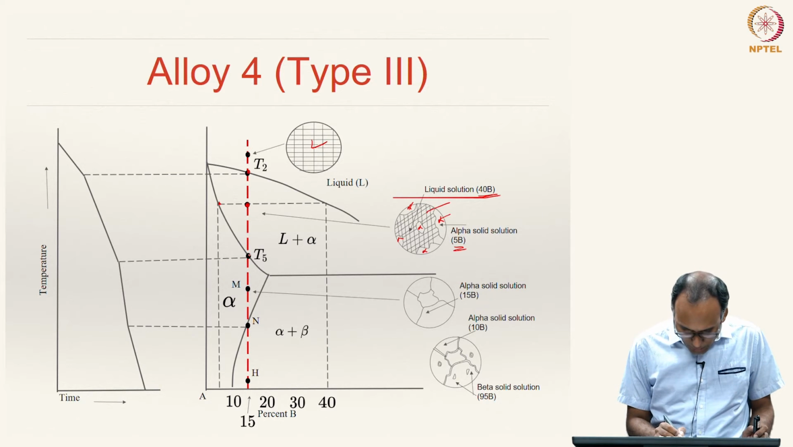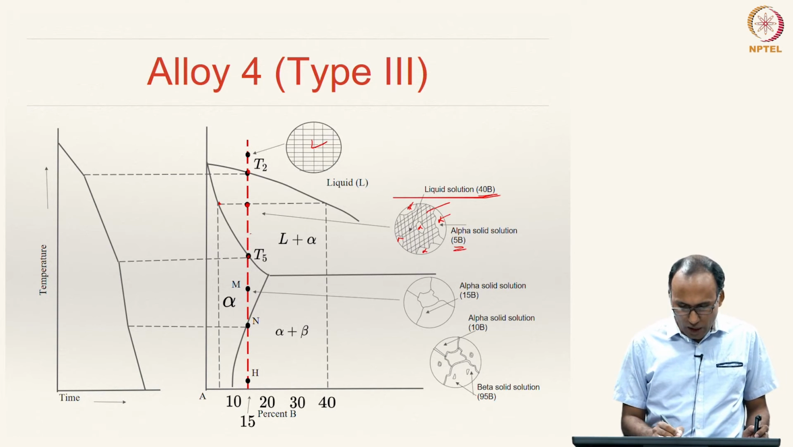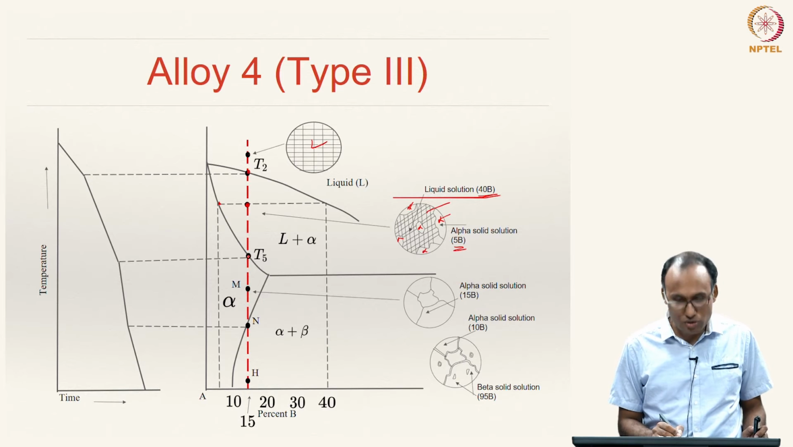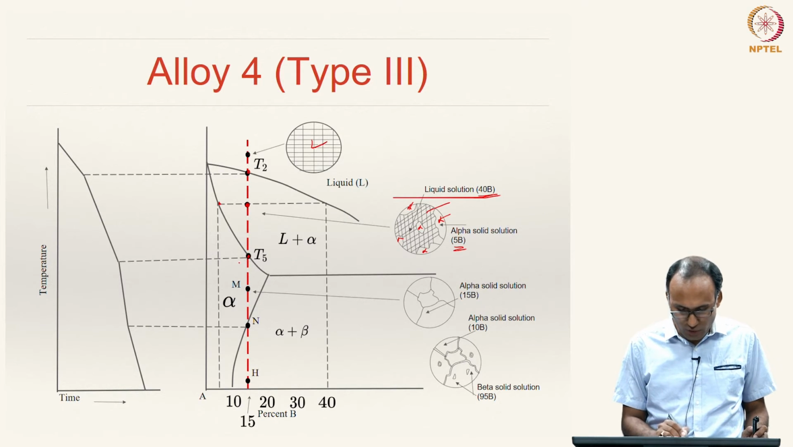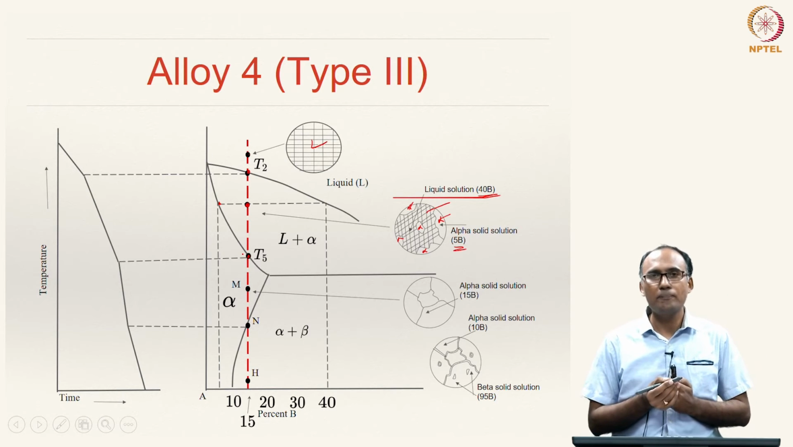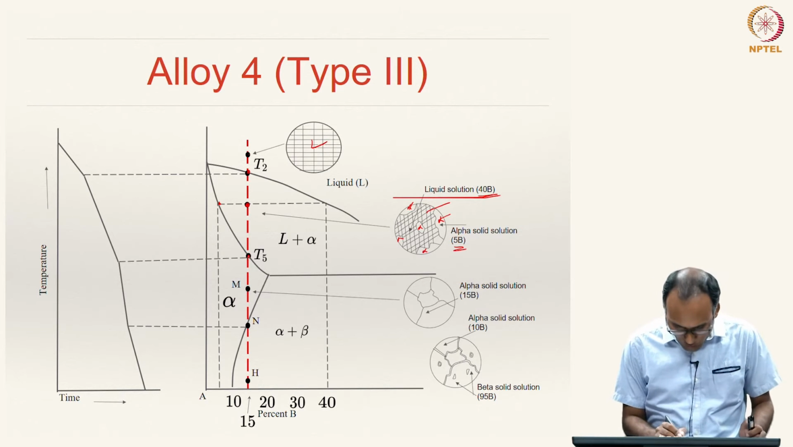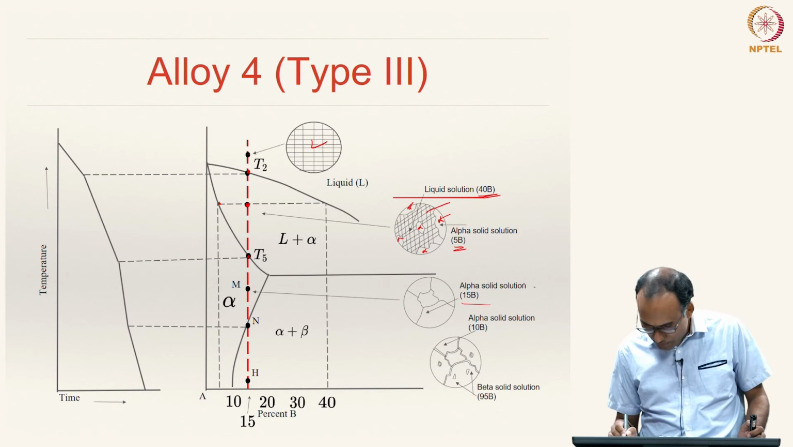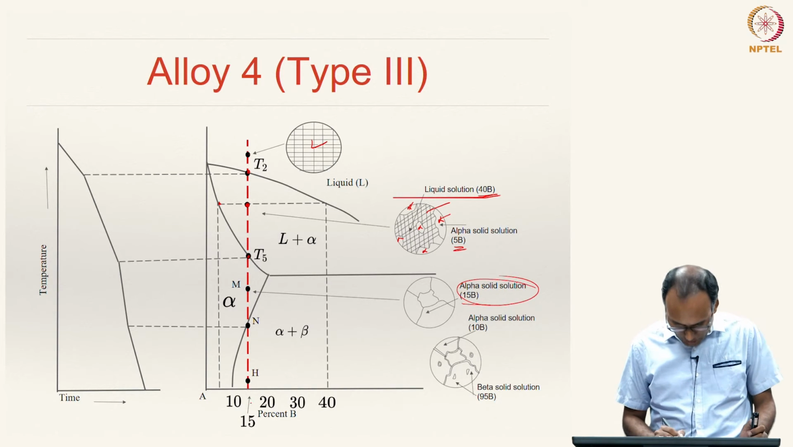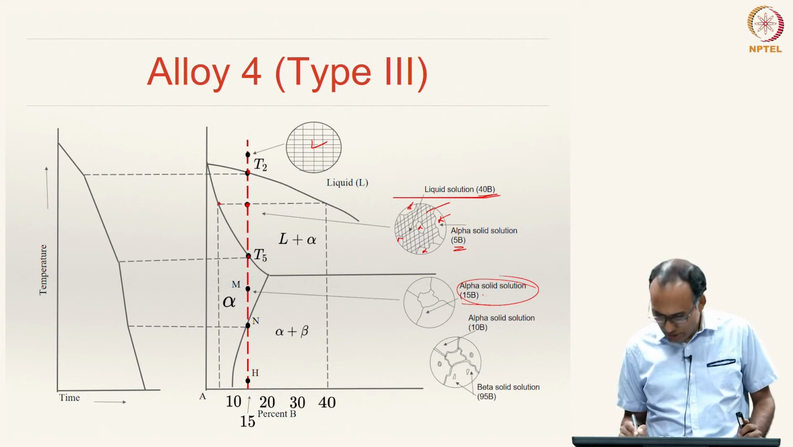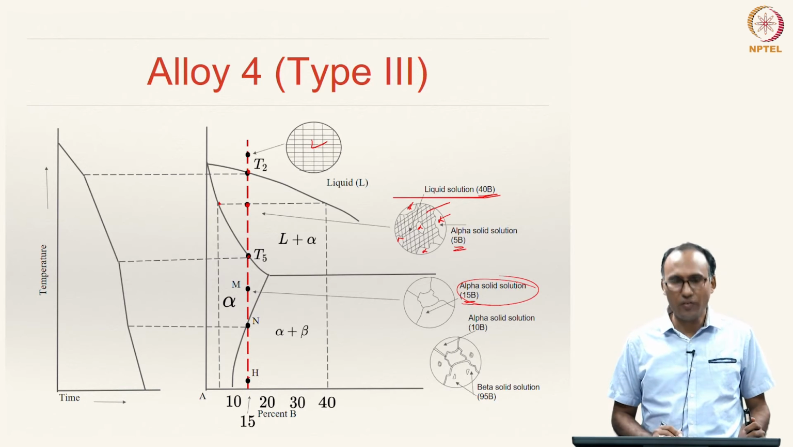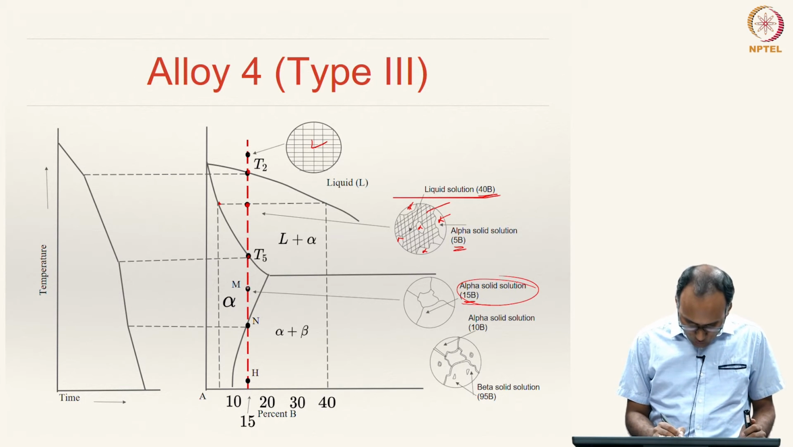And now, the moment you reach temperature T5, all the liquid would have transformed to solid alpha. So, that is like our isomorphous alloys. At this position you will have complete alpha, and here we have started with 15% B. So, all the alpha would have a composition of 15B, and if you further cool it down,